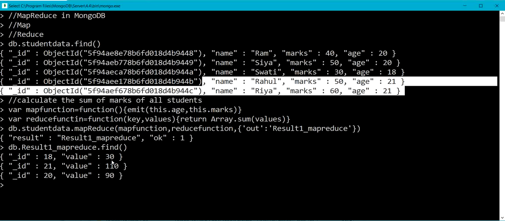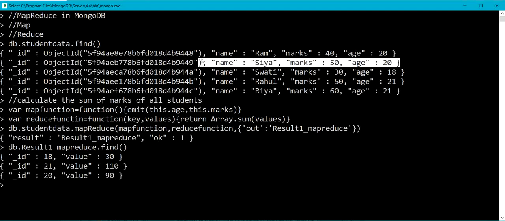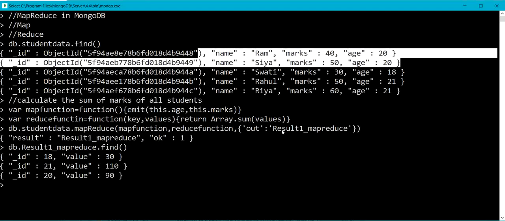So here I have got the value as 110. And for age 20, I am having two documents here, Ram and Sia, and marks are 40 and 50 respectively. So here I have got the value as 90. So here we have completed the simple example of MapReduce.